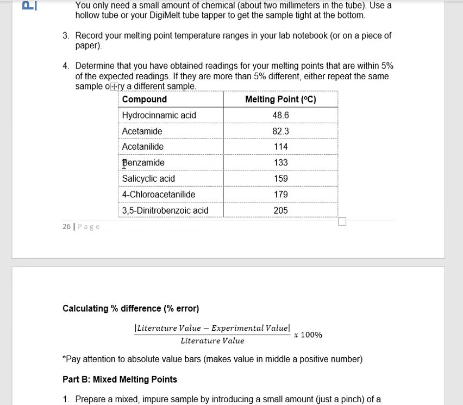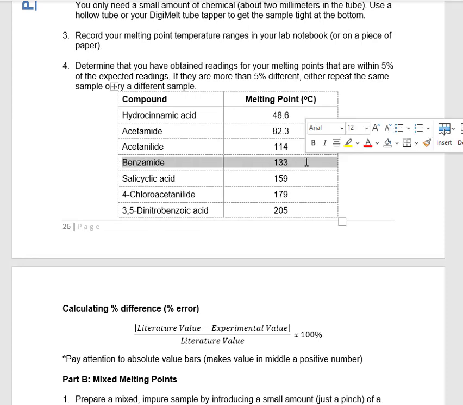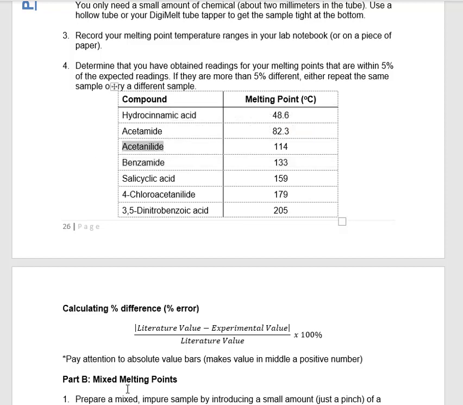So say, for instance, you suspected your unknown was benzamide, and it melted at, say, 134 degrees C. What you would do is take one sample where you take your unknown and mix in a little bit of acetanilide. That would be your first one. Your second one, you would take your unknown, mix it with a little bit of benzamide. Your third sample, you take your unknown and mix it with a little bit of salicylic acid. And you're going to melt all 3 of those,